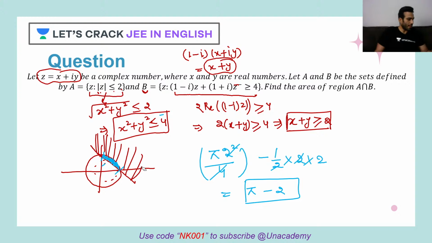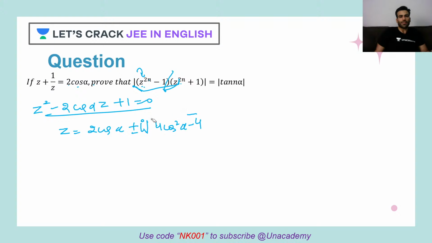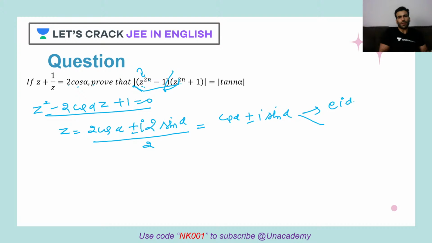So I'll just erase it and rewrite this to save space for us. 1 minus cos squared alpha. So 1 minus cos squared alpha can be written as what? Sin alpha, after taking the square root, upon 2. So the final answer would be cos alpha plus minus iota sin alpha. So it seems as if one root will be e raised to iota alpha, and another one will be e raised to minus iota alpha.